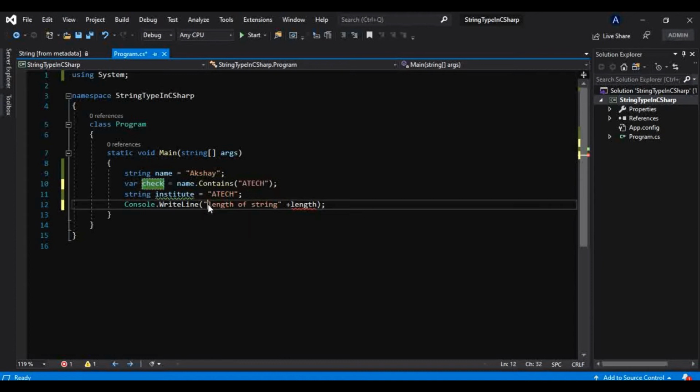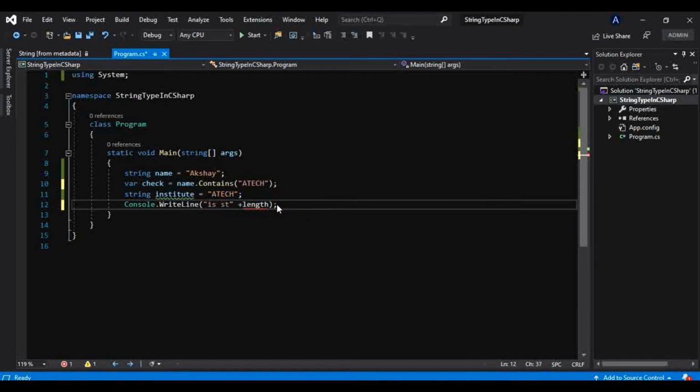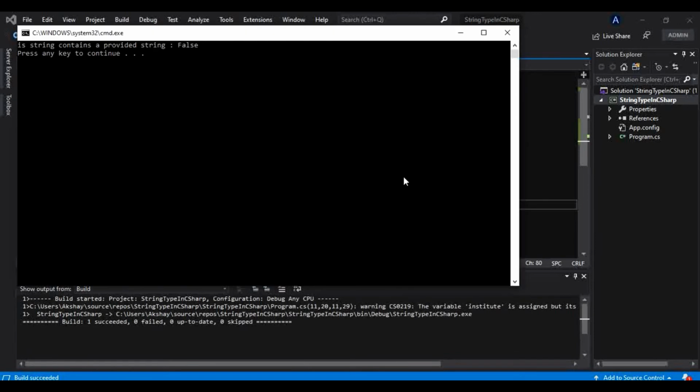Let me give a meaningful name here, that is, string contains provided string, and let me put that variable after this plus. Now if you run, it will return false.